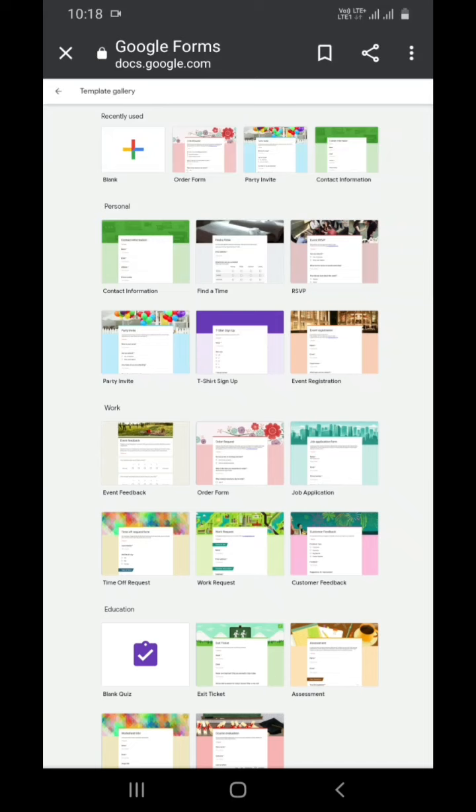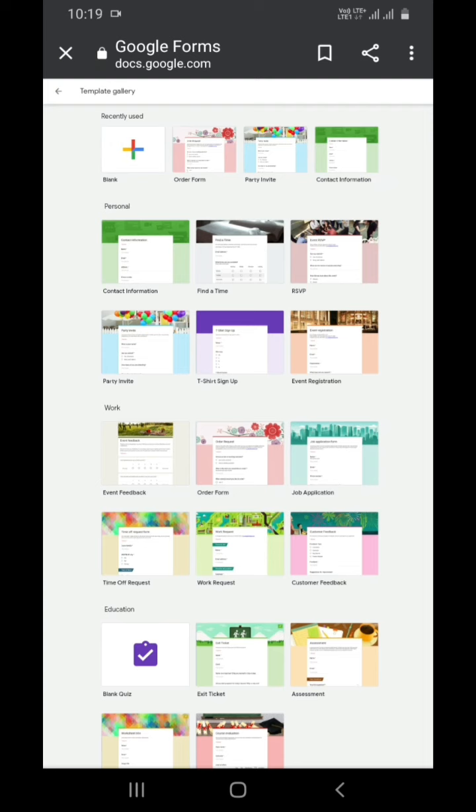Hi everyone, today I am going to show you how to use this Google form. The main purpose of this Google form is to collect the details or the information entered by the respondents. All these details are available at the back end in the form of a spreadsheet. This is a Google form where you can see the ready-made forms, that is templates, available